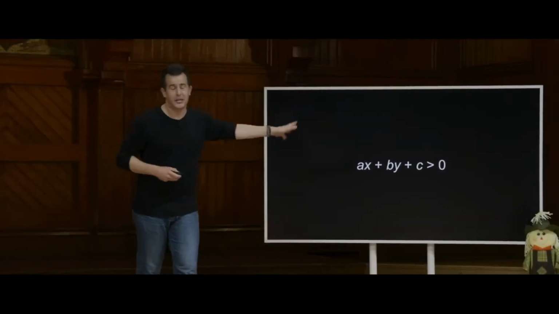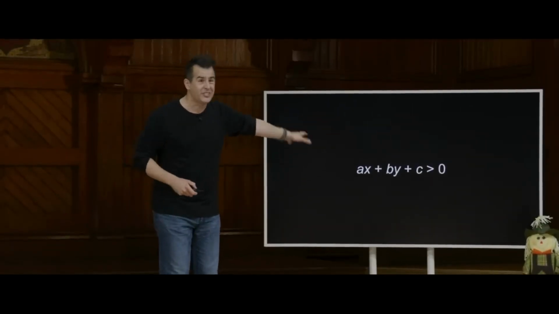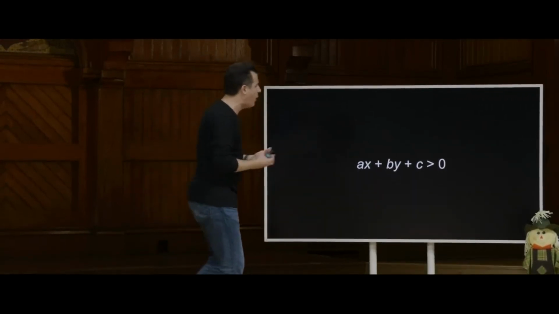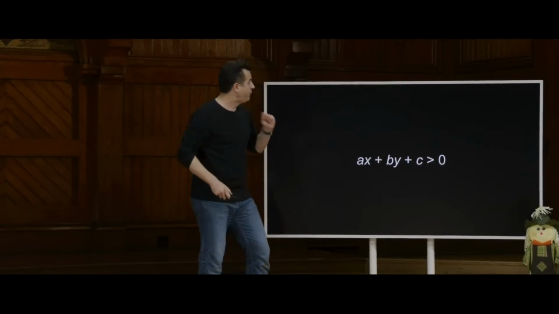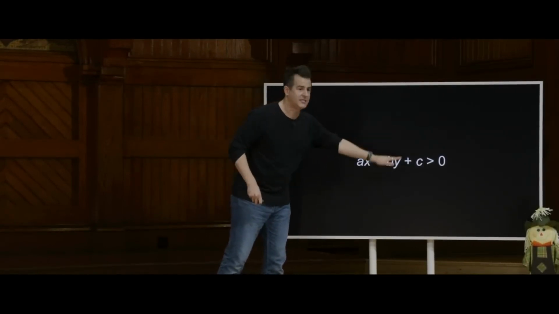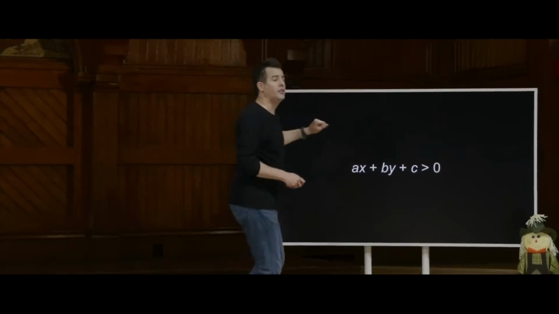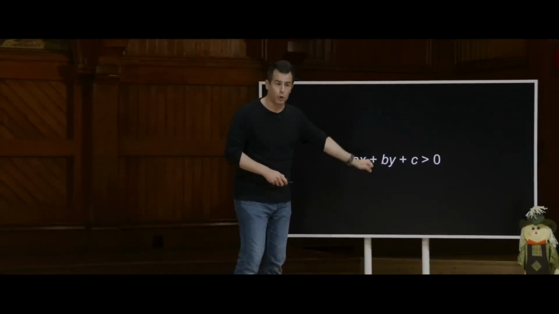So here, too, to take the fun out of the pretty picture, it's really just like a high school math function. What the neural network in this example is trying to figure out is what formula of the form ax plus by plus c is going to be greater than 0. And if so, let's conclude that the dot is red if you get back a positive result. If you don't, let's conclude that the dot is going to be blue instead.